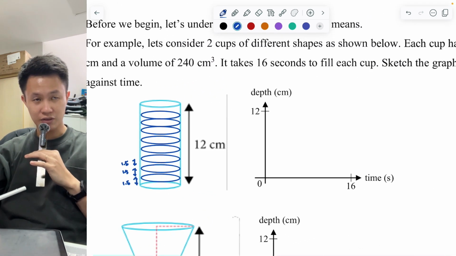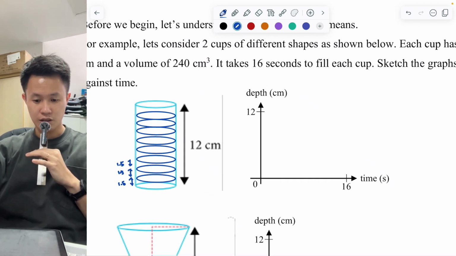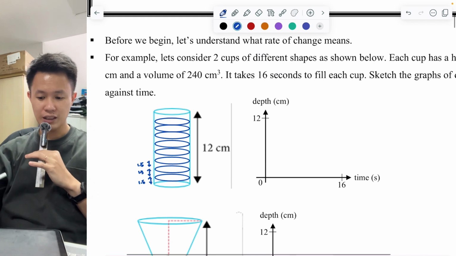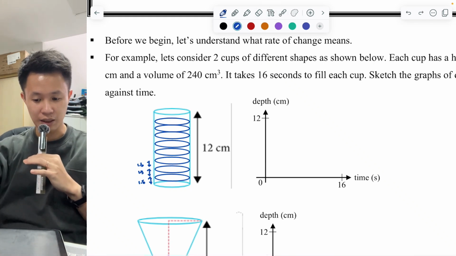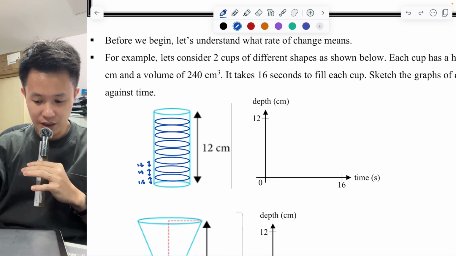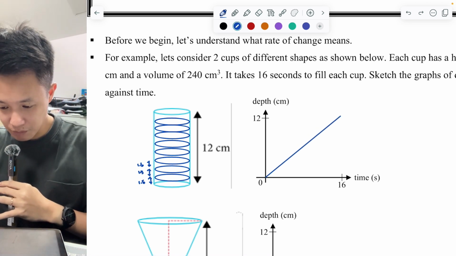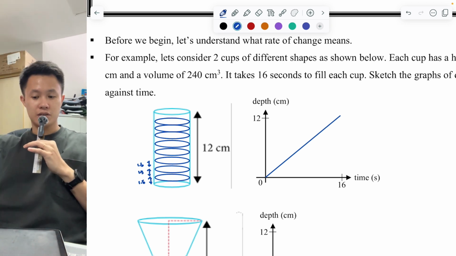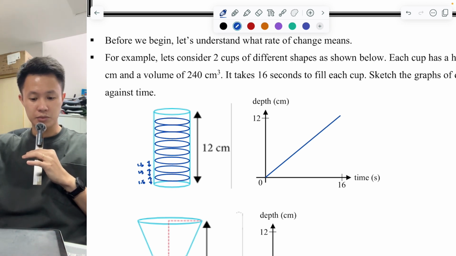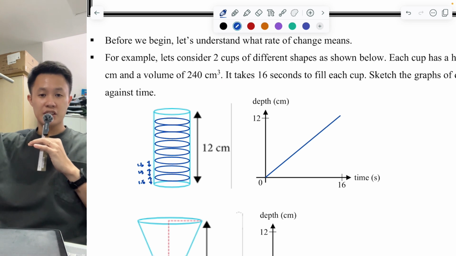And we can record the rate at which the depth increases over time, and it takes 16 seconds. It will be a linear constant line. The water will flow linearly, because it fills up the height at a very equal amount,